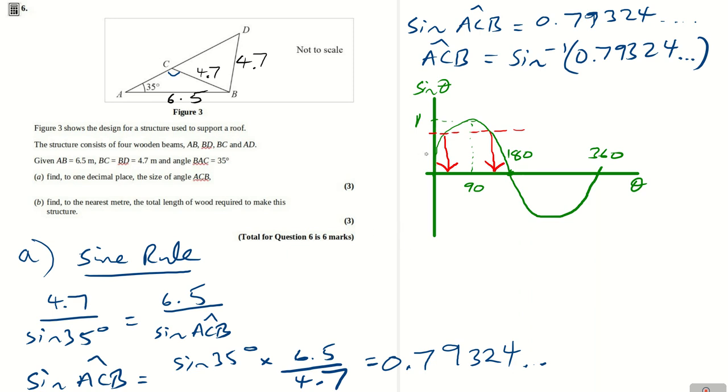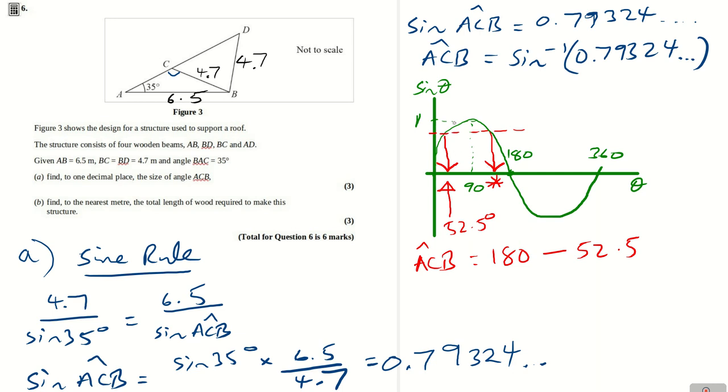So when we use the calculator to find the inverse sine of 0.79324, that will tell us that the angle is 52.5, right? But what that's telling us is that this angle here is 52.5. If you look at the diagram, you'll see that the angle that we want is actually obtuse. It's bigger than 90 degrees. What that means is the angle that we want for ACB is going to be 180 minus 52.5. It's this angle here which I'll put a star by,